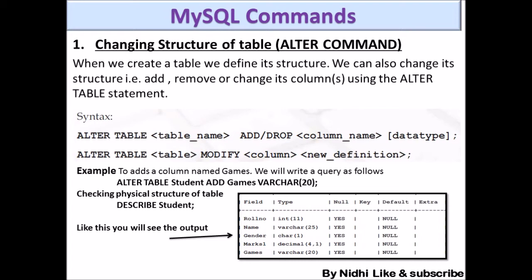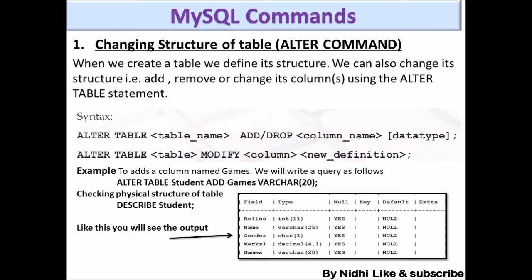Alter is a keyword, and then you have to write the word table. So these words, alter table, are fixed, and then you have to write the name of the table. For example, if our table is student, we will write alter table student. And then after that we will use one of two words according to our need. If we want to add a particular column, then we will write add, and if we want to delete that particular column, then we will use drop. You write add or drop, then the column name, and if you want to add the column, you also have to provide its data type. In case of drop, you don't need to provide the data type. So this is about add and drop.